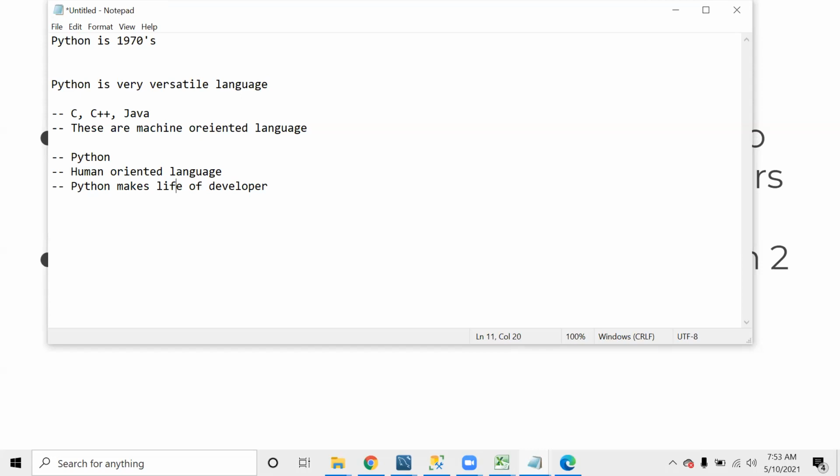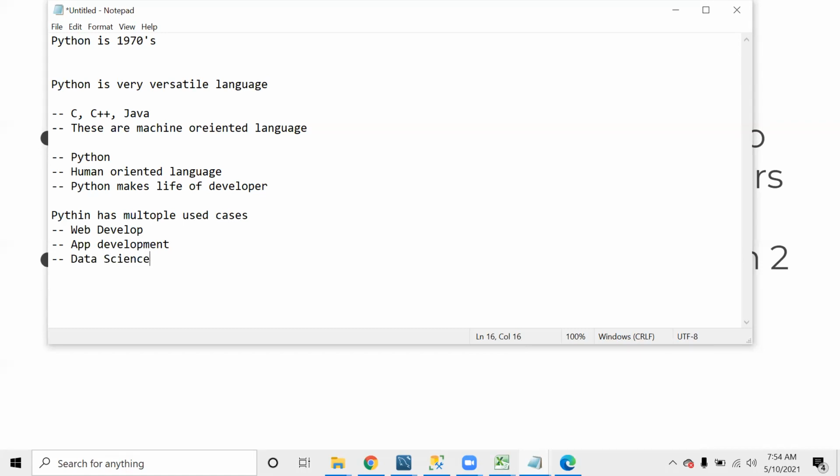Now that is what Python is. Python has multiple use cases. It is used for web development, for application development, and now it is also being used for data science.